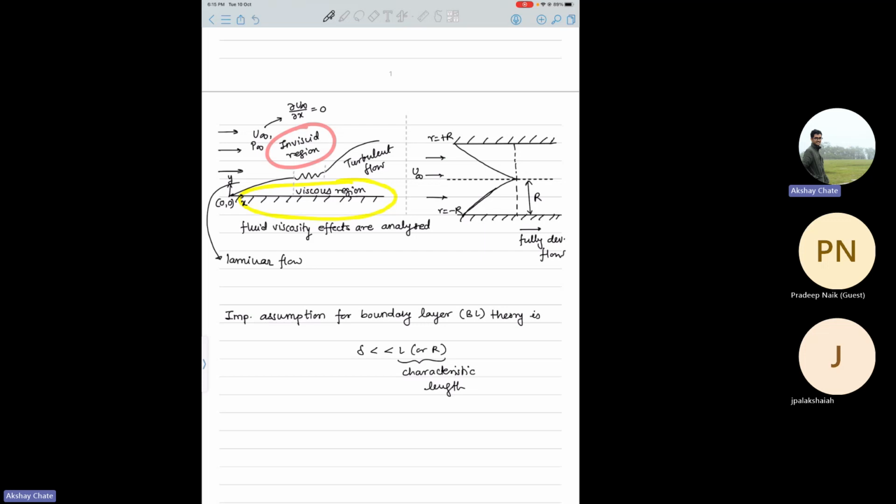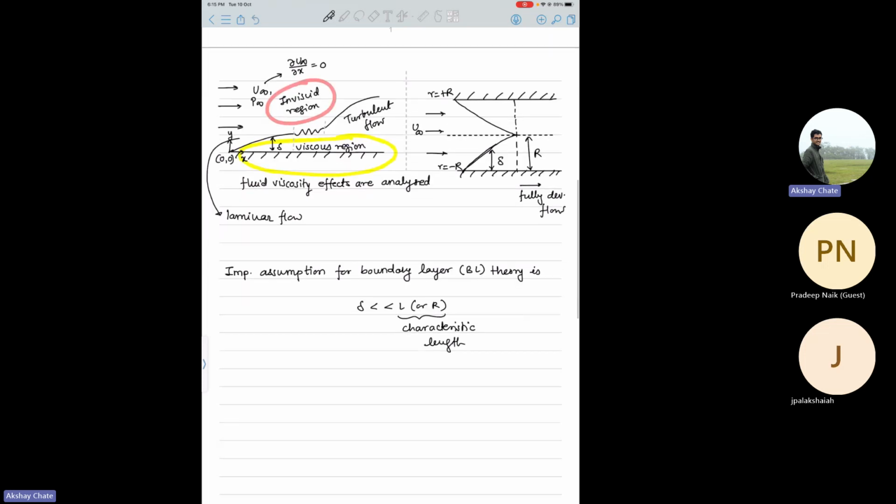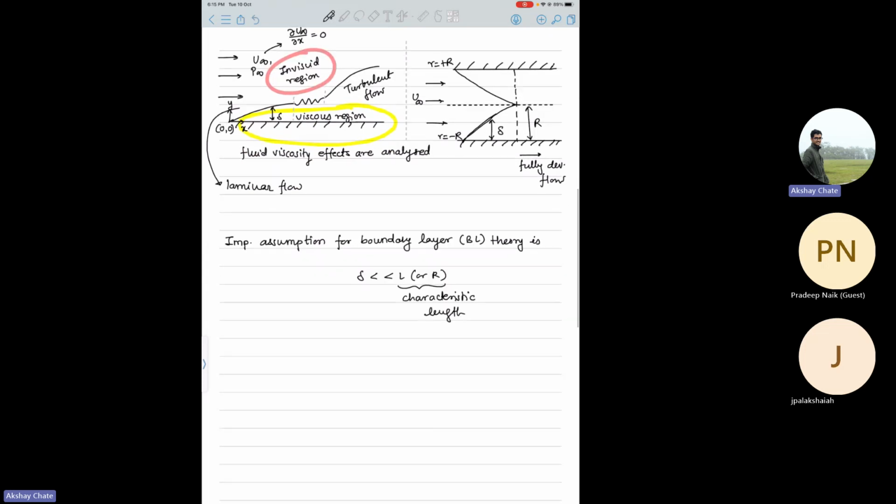And what do I mean by delta? Delta can be shown for just illustration purposes. Delta is this, the height of the boundary layer from the solid boundary. And here it will be somewhere like in this region. So this is a standard convention that we use delta for boundary layer thickness. So this is a very important thing that many people forget over the time, because you do multiple advanced level calculations, but you basically forget one